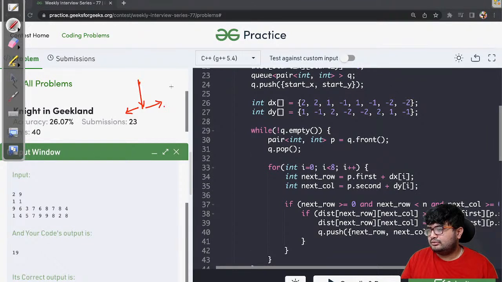1 2. No, 1 2 is not valid, right? So 2 1, I think that is the mistake. 2 1, 2 minus 1, then we should have come to this and this and this and this. Okay, so this is 2 1, 2 minus 1. Yeah, I think this is 1 2 only, right? This is 1